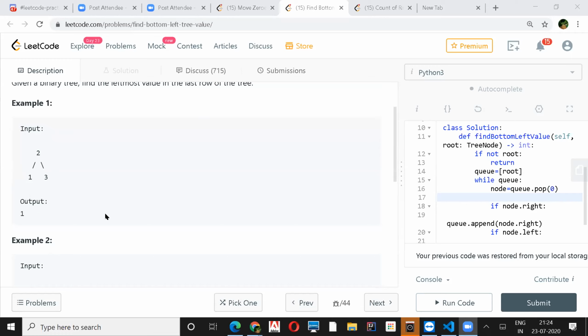Then just add left and right in the queue in the normal way, and return the first element of the last level which you have stored. Okay. So you're saying go through level order, and at each level, whenever you encounter the first node, you just store that value. Yeah, just store that value. Okay, makes sense. Actually, I also would do that. That is the better way of understanding very quickly and getting it done.